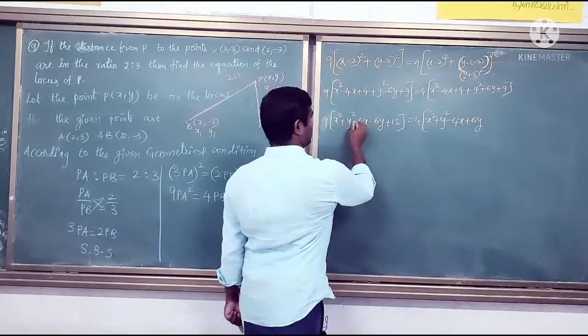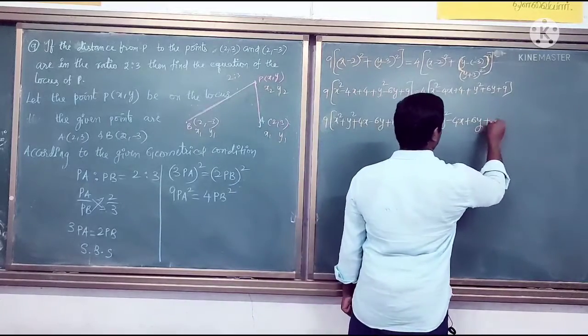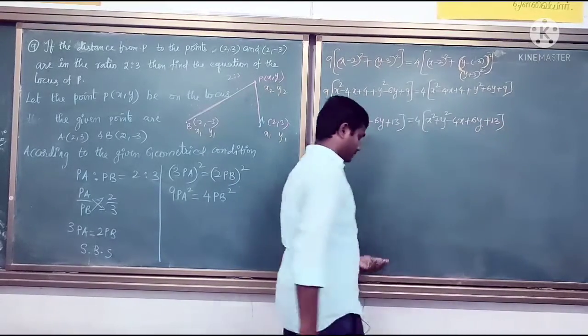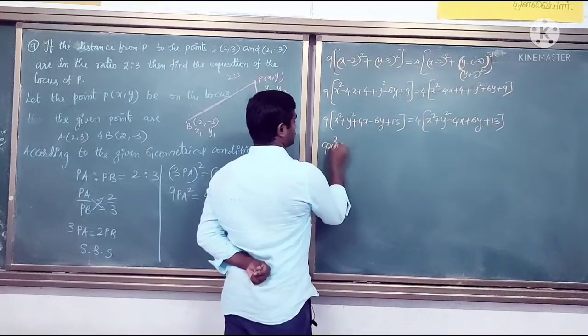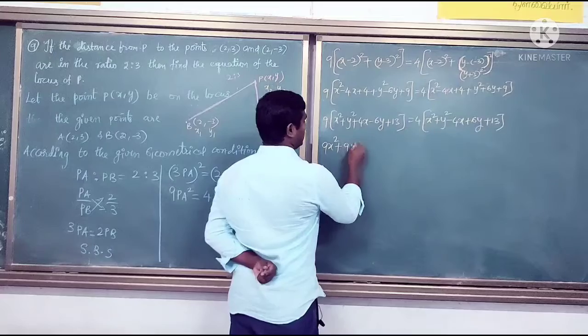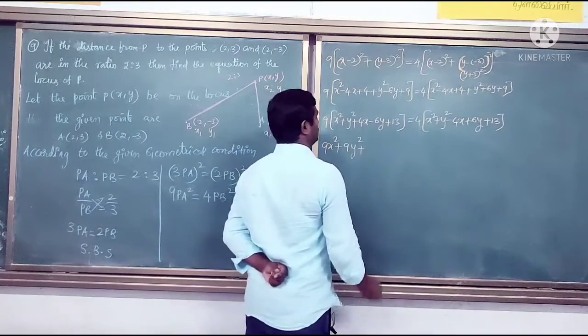Here this plus 4x, okay, minus 6y plus 13 will come. Okay, so now we can simplify. So 9 into x square, 9x square plus 9 into y square, 9y square plus 9 into 4, that is